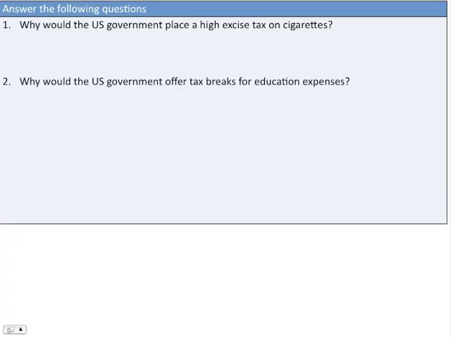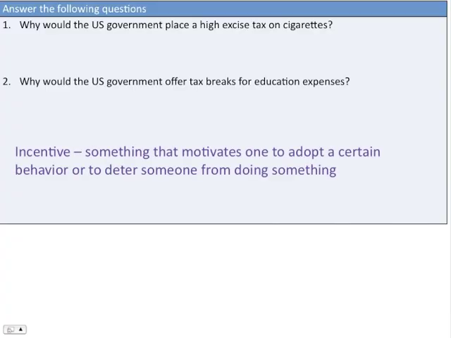So the first thing we're going to talk about is what an incentive is. An incentive is something that motivates you to do something or to not do something. So an incentive can be both positive and negative. In other words, there may be a policy or something in place that creates an incentive for you to behave